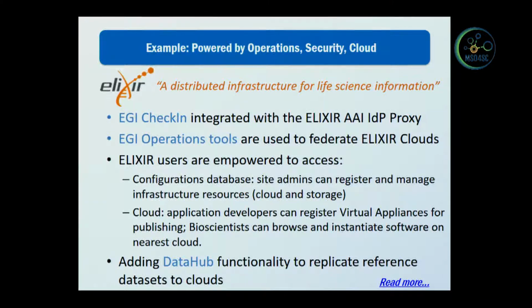And this is aiming for a setup for the Elixir, which is one of the biggest, if not the biggest, research infrastructure in the life science domain. And Elixir is using the EGI tools to build their own infrastructure that federates the cloud systems from the life science research infrastructures that are in their network of national nodes. To do that, they need to use the EGI operations tools, the service catalog, the service registry, and the monitoring system. And they need to use the EGI check-in